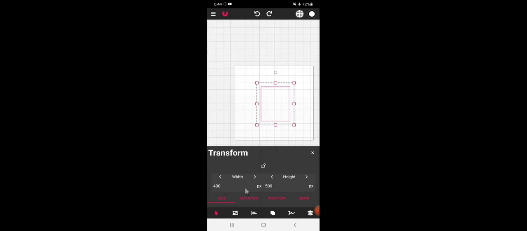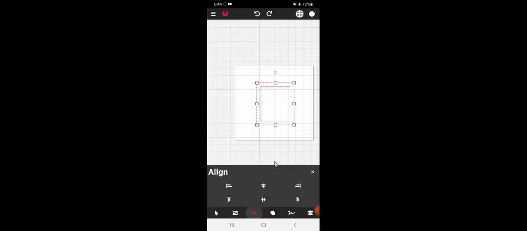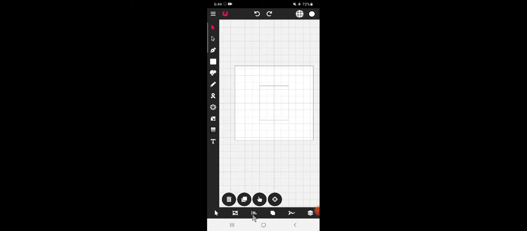We will lock this shape by tapping on this icon. This is the align option. We have aligned it to the center. Now we will select this shape, use this corner option, tap on these two corners and drag like this.